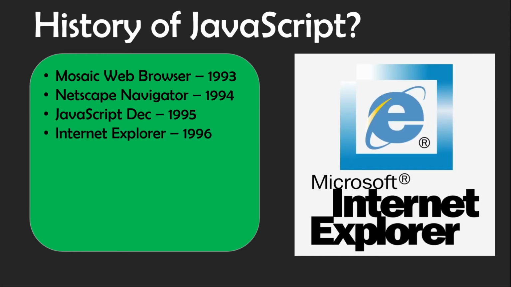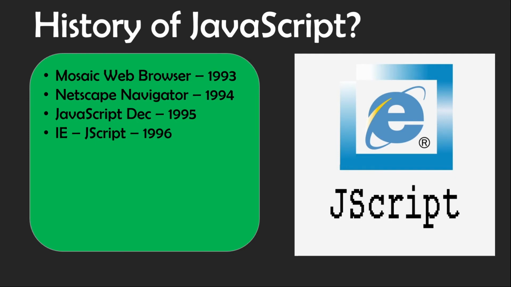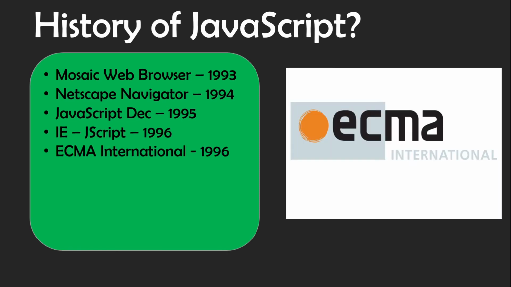In 1996, Microsoft released their version of web browser called Internet Explorer. And Internet Explorer introduced JScript as their version of JavaScript. JScript was reverse engineered from JavaScript, but it was a little different, and it became difficult for developers to make their web pages work in Netscape and Internet Explorer. Internet Explorer took 90% of the market because it was shipped free with Windows, and finally Netscape submitted JavaScript to